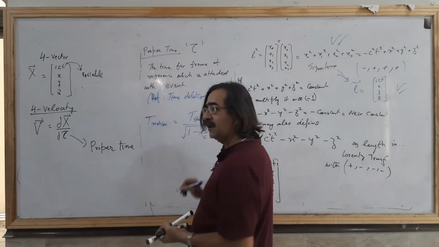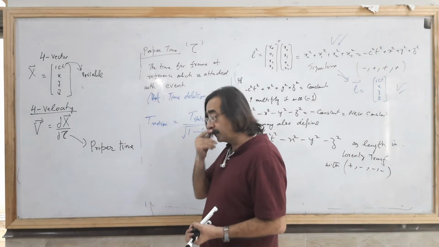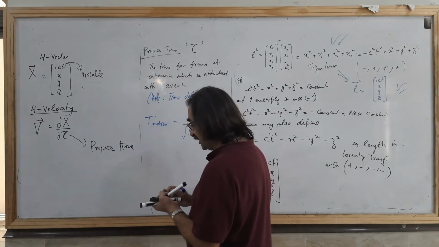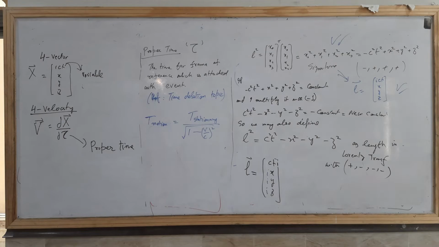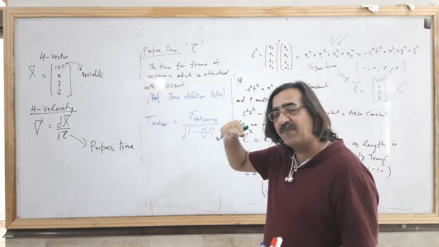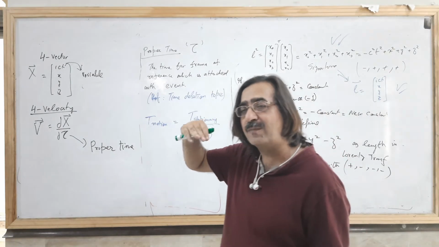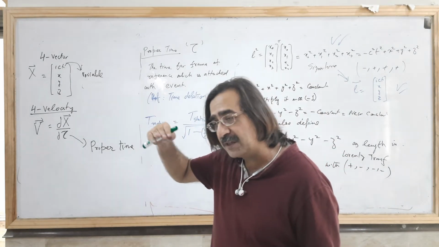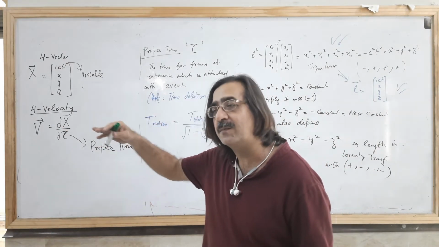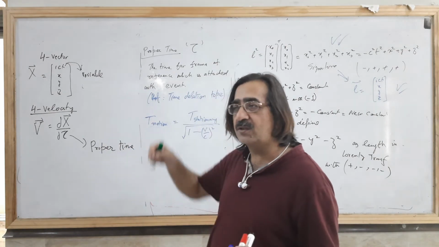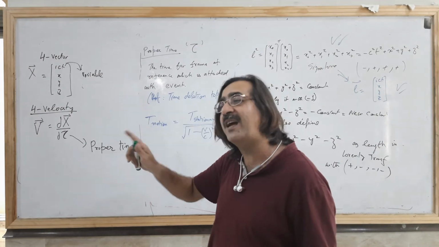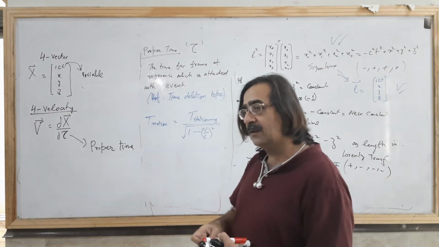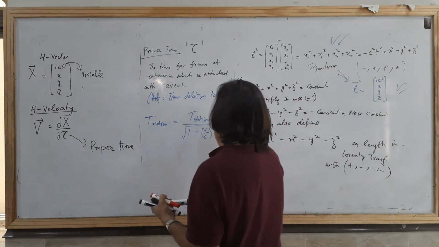ये मैंने प्रूव कराया था आपको, याद आया? ये टाइम, this stationary time, the time for which the event is stationary, ठीक है, that is the time in the frame of the observer who is moving with the event, यानी जो जहाज में मुसाफिर बैठा हुआ है, उसके सामने ही कोई इवेंट होता है, जहाज में ही होता है, तो that will be defined as a proper time. This is a proper time.